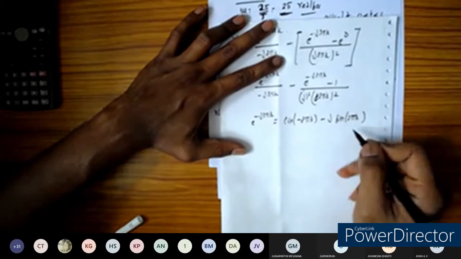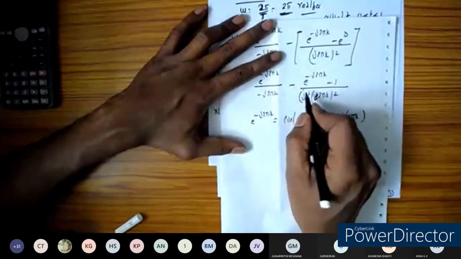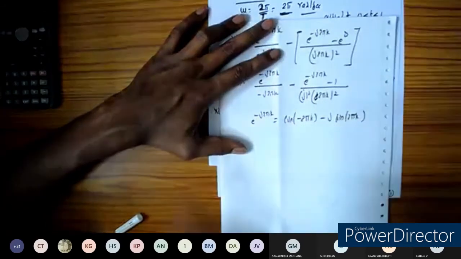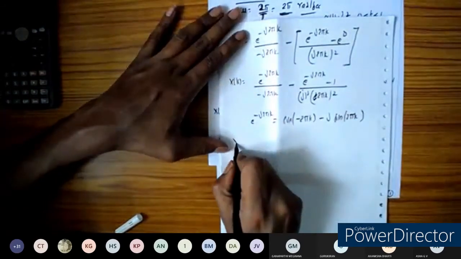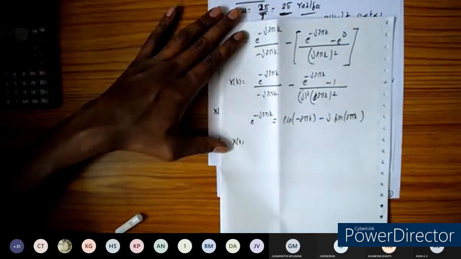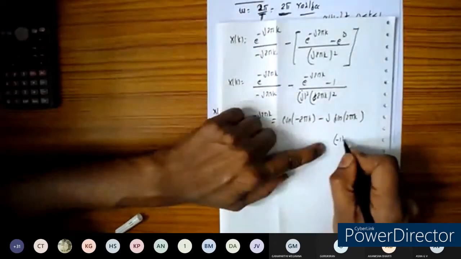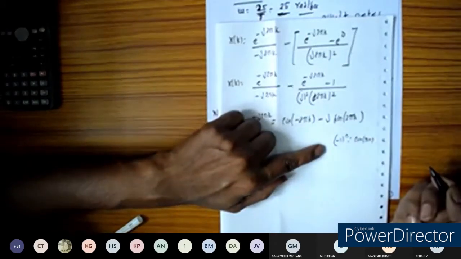So done, right? And also j square is minus 1, minus will become plus 1, we will get here minus 1 plus 1. And you need to simplify this one. So we have a formula, I am going to recall the formula. Minus 1 to the power of n is nothing but cos pi n.